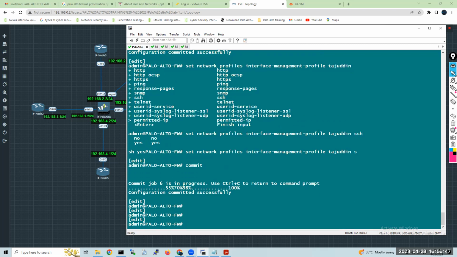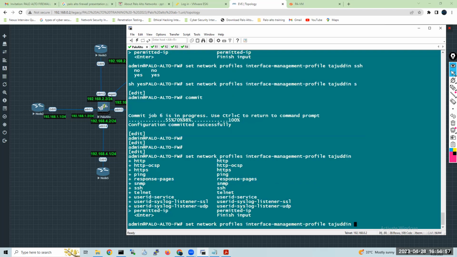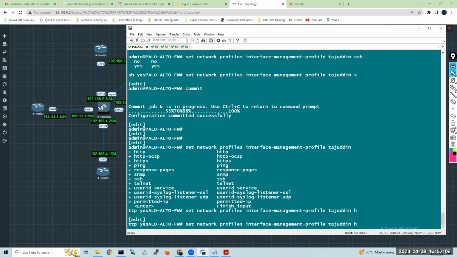So now I'm going to explain how to set HTTP and HTTPS as well. Set network profile, interface management profile, and give the question mark. So this time I'm going to use HTTP and HTTPS. Both I will use HTTP.